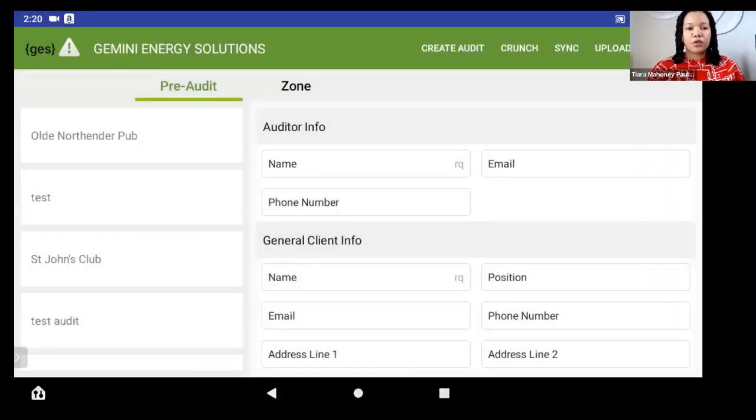So this is the home screen when you open the Gemini platform. This is what you'll see. As you can see across the top, it has Gemini Energy Solutions in that green bar. And then on the right-hand side, it has Create Audit, Crunch, Sync, Upload Image, and then those three dots that